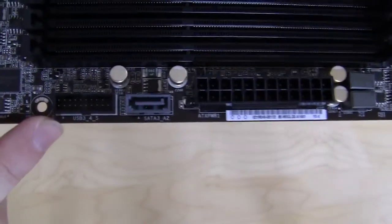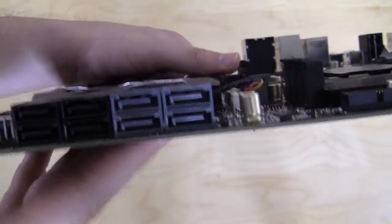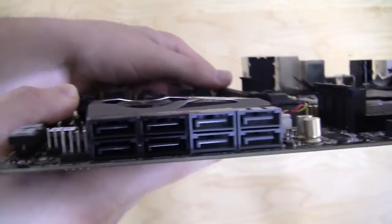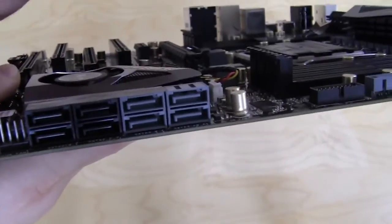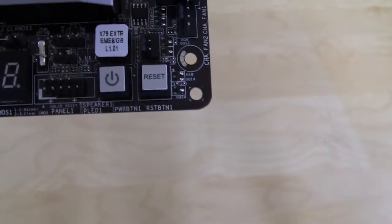You do have a USB 3.0 connector right here. Moving down are all of your SATA connectors, and they're in the 90-degree fashion that we like to see, because if your video cards are long and are going to extend past here, you're going to want to be able to plug and unplug your SATA cables easily without having to remove, of course, your video card. So they're labeled gray and black, and the gray ones are SATA 6 gig and the black ones are SATA 3 gig. Moving along the bottom of the board, you do have this 4-pin fan connector right here, and then